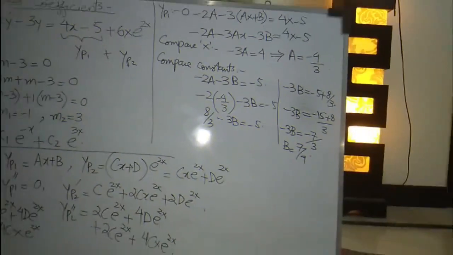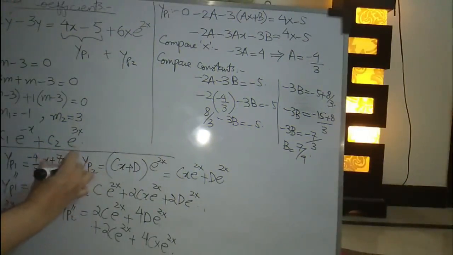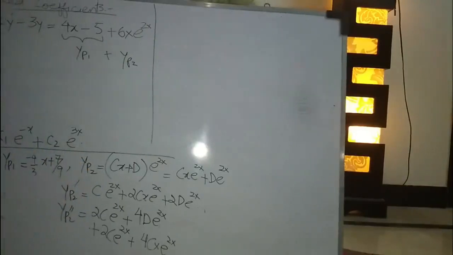Is ax plus b. So I am replacing the value of this. A is minus 4 by 3, x plus b is 7 by 9. Okay, so yp2 double dash is